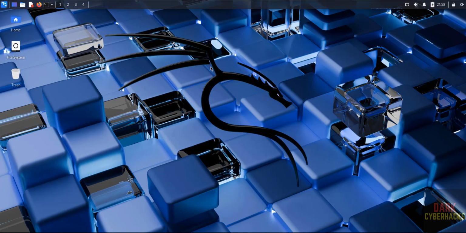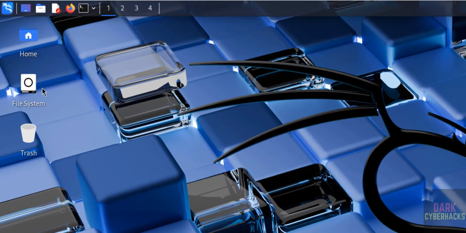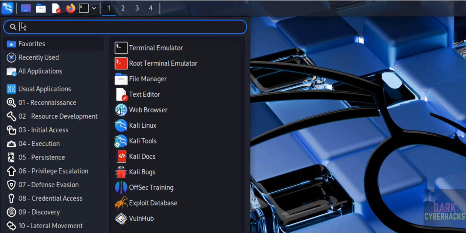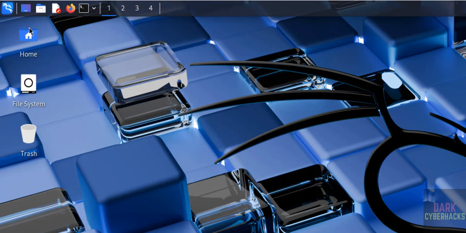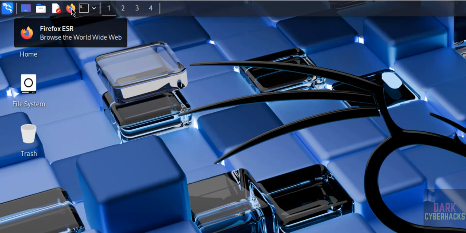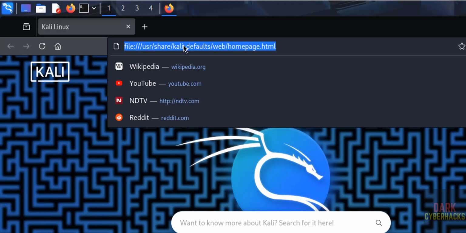Hello guys, in this video we'll see how to install VScode, that is Visual Studio Code, on Kali Linux 2025.3, but the process is the same on all Kali Linux versions. First, verify whether VScode comes as a default application or not. See, we don't have Visual Studio Code, so open any web browser, then go to the Visual Studio Code official website,